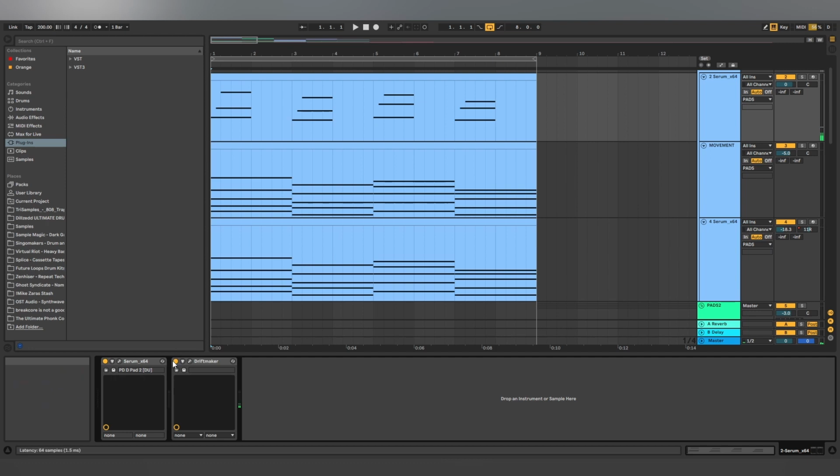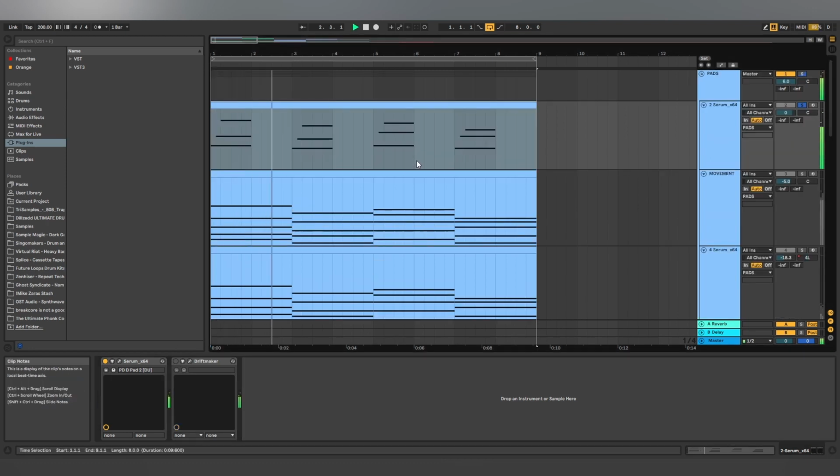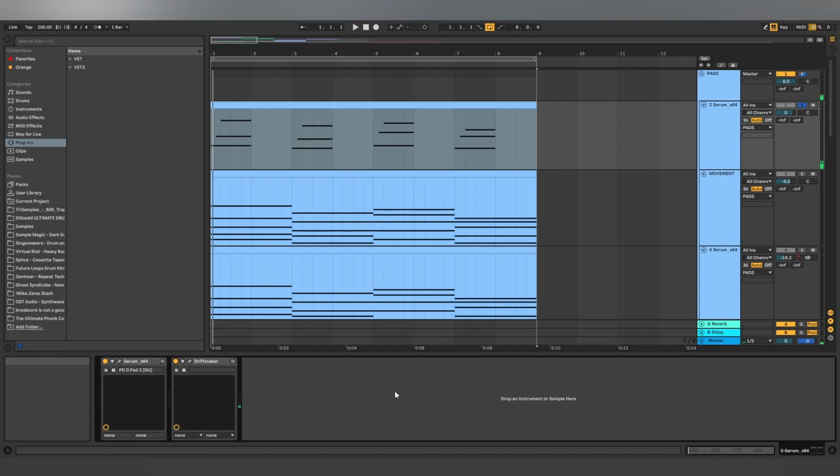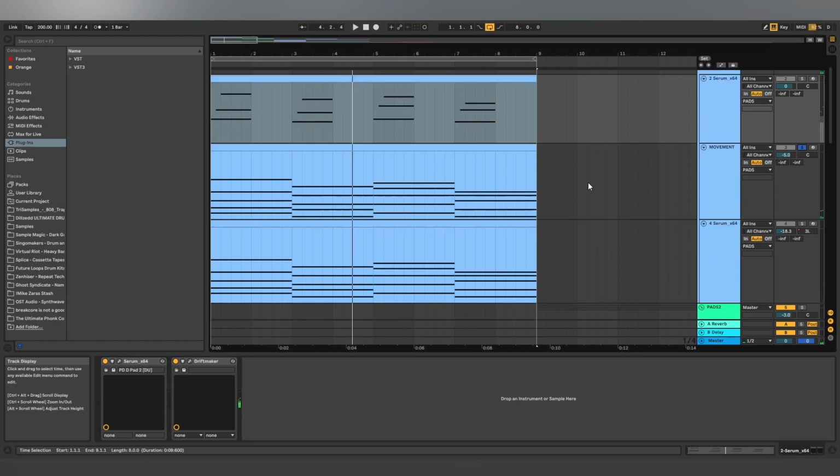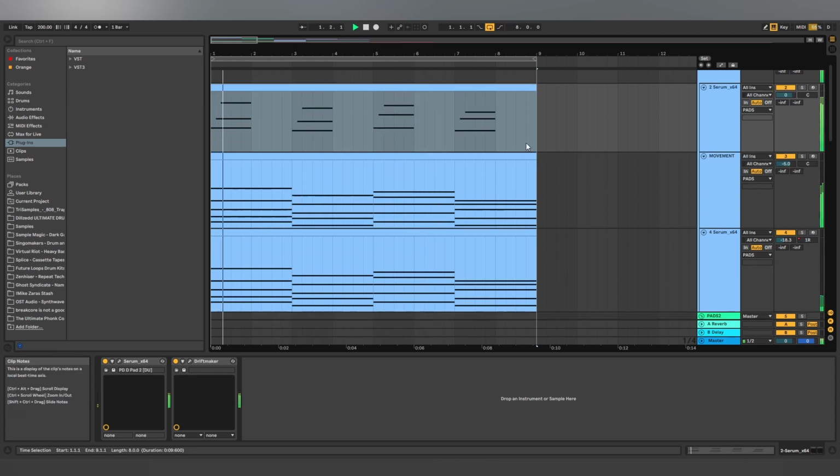So without Drift Maker, and when we put Drift Maker on, it adds this grain effect to the chord progression. Layer this pad with some movement pad, and add some high-end noise to it. And all together,